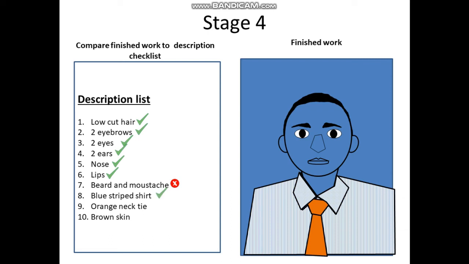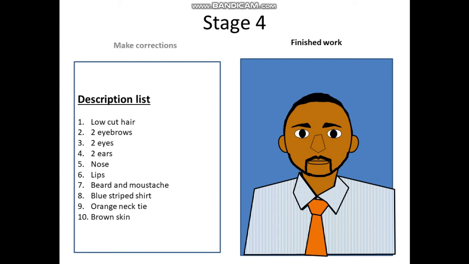I have the blue striped shirt and I have the orange necktie. But I did not color the skin. So the skin is looking in the same color as my paper. So what I will need to do is to do my corrections to this list or to my final work before I submit. Now, I've made my corrections, so I'm going to be checking with my list again to ensure